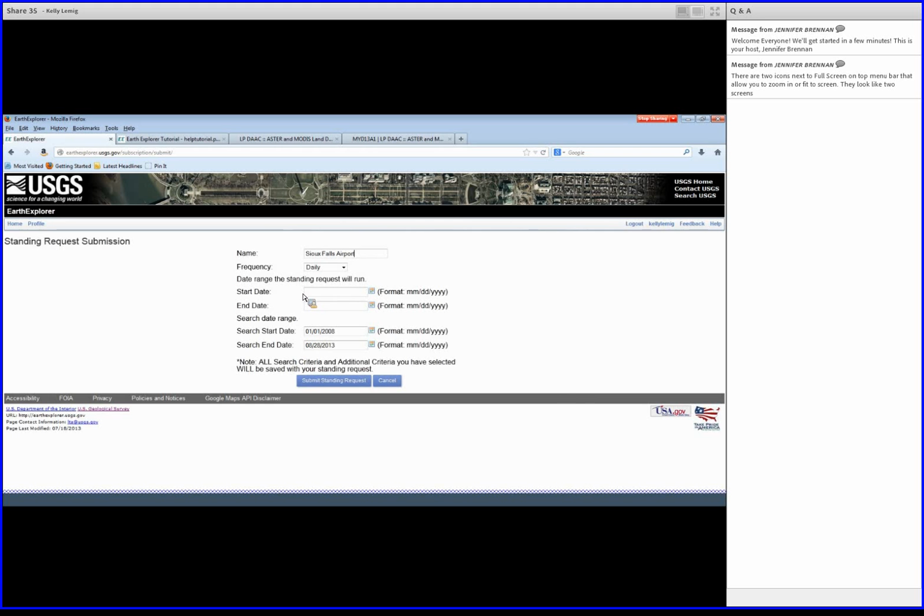we could do that. And frequency is how frequently you'd like to receive a notification that data was ingested that matches your criteria. So we can choose, you can see daily, a couple of times a day, weekly, monthly, or quarterly. Here's where you would enter in the date range of your standing request. So if I want it to run from, say, tomorrow till the end of the year,